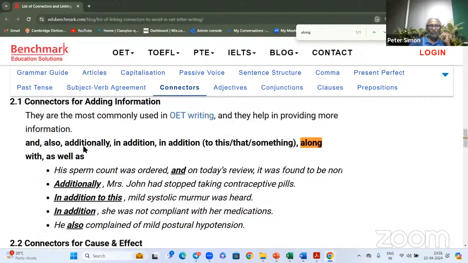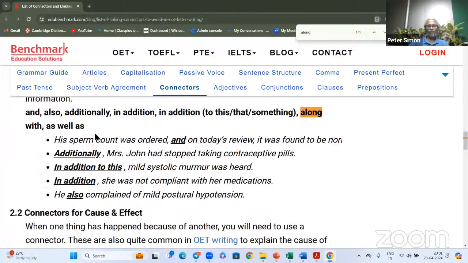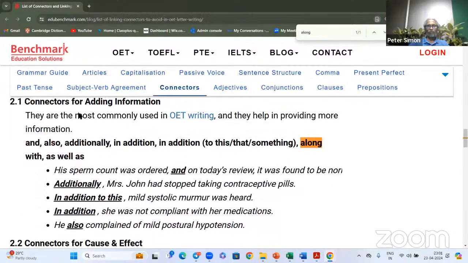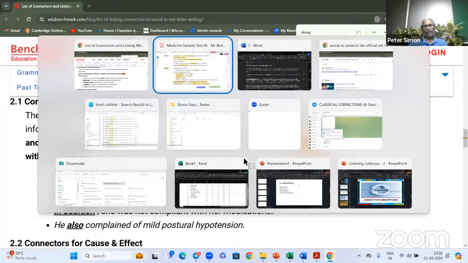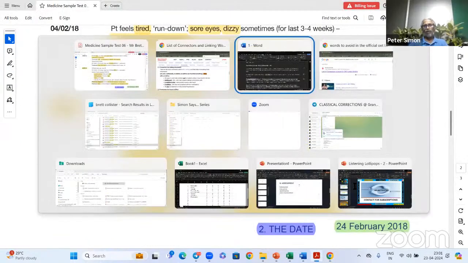You can use these words: and, also, additionally, in addition to, along with, as well as. So these are the words you can use. They are the most commonly used in report writing, and they help in providing more information. So you can use the word along with. So, along with that,